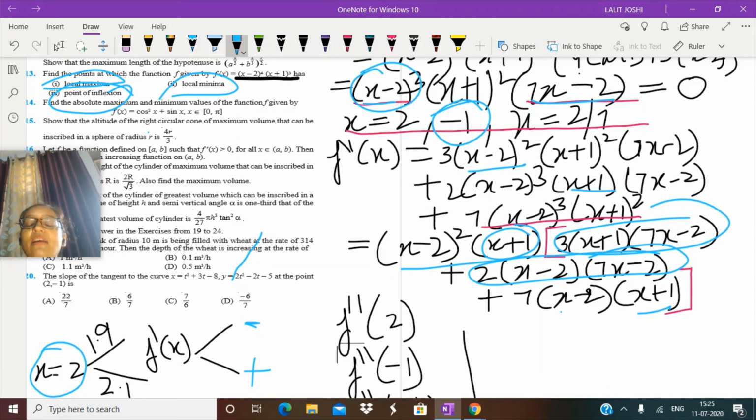So if we are getting 0 by one derivative test, or we are getting a point as point of inflection by one derivative test, then we have to do it by the second derivative test to ascertain whether that particular point is actually the point of inflection or